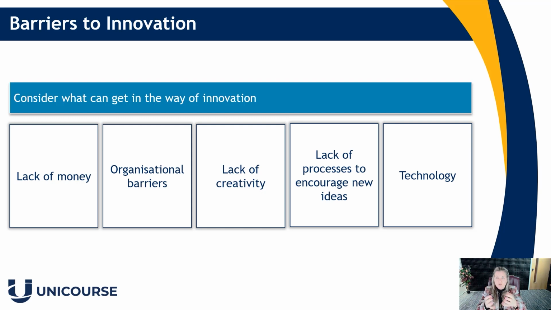So if you do that analysis, you might be able to identify areas for improvement where you can then start implementing innovative practices to come to some sort of solution using the ideas of people. Organisational barriers might mean the organisational structure doesn't suit it, or the leadership styles within. It might be a more bureaucratic style of leadership, and ideas will only come from the top and not from anywhere else.